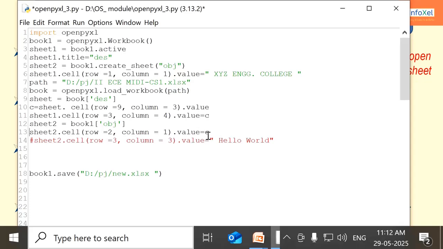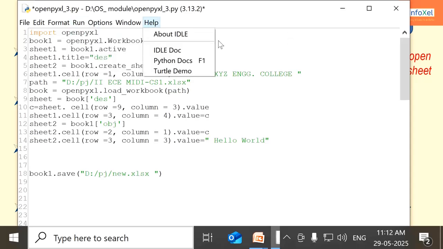Second command, the value of C is returned to obj sheet in row 2 column 1 cell. Third one, hello world, data is directly given to the new workbook, that is in obj sheet at row 3 column 3 cell. We'll run this before running,